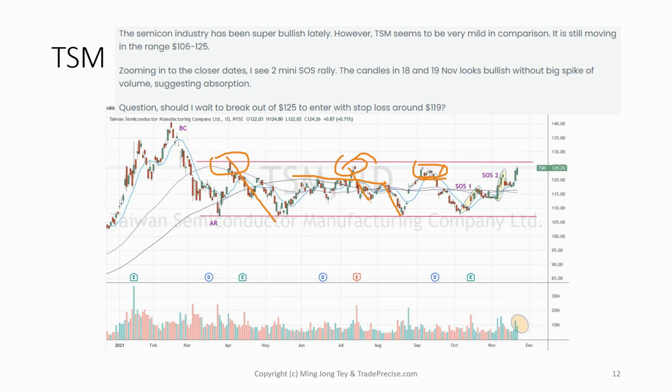Actually, this is quite a nice rally. I really like this rally. Subsequently it forms a kind of tight consolidation, but there is no breakout to the upside. In fact, there's a breakdown. So always wait for commitment and wait for confirmation. After the breakdown, here's another reaction. So at this point, it's kind of testing the supply or resistance zone.